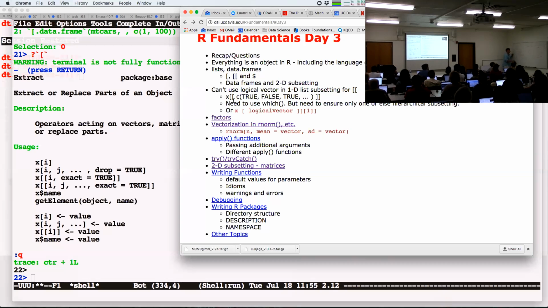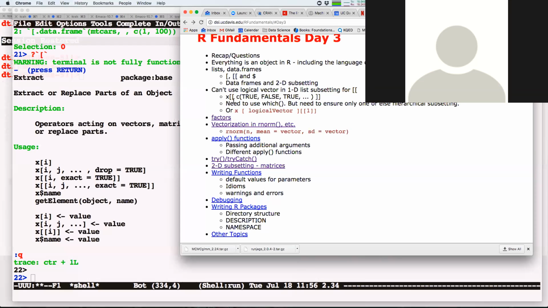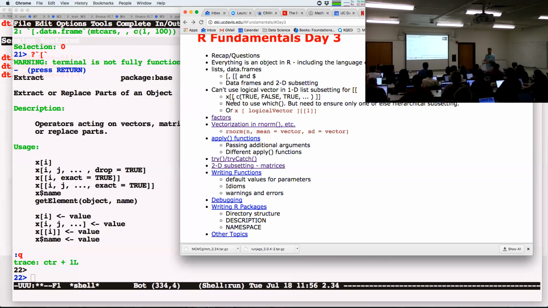In many cases, we actually want to loop over 2 or 3 or more things, and pass these arguments to fun. So I want to call fun of x[i], but also y[i], and z[i], plus some additional arguments that don't change, like na.rm equals TRUE.